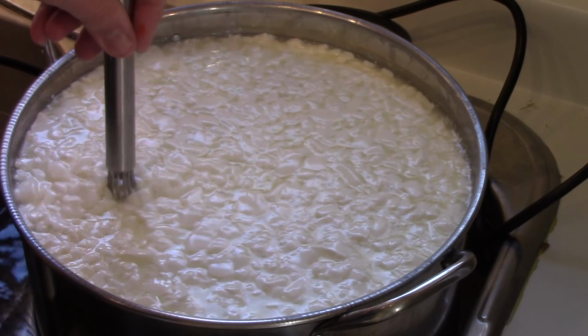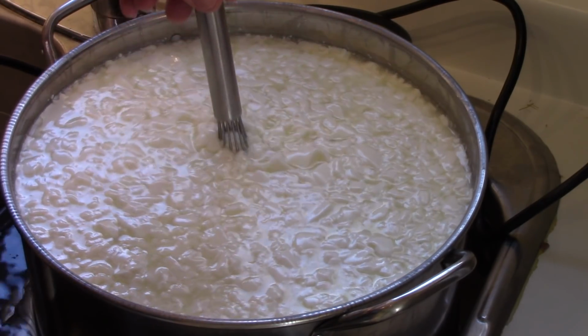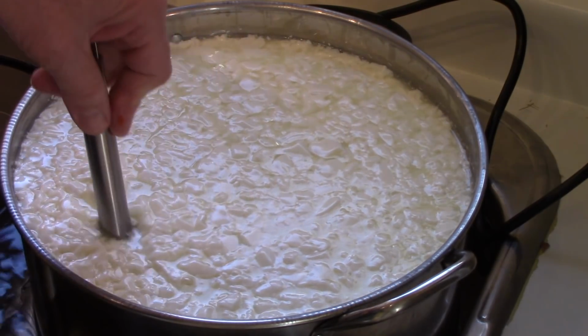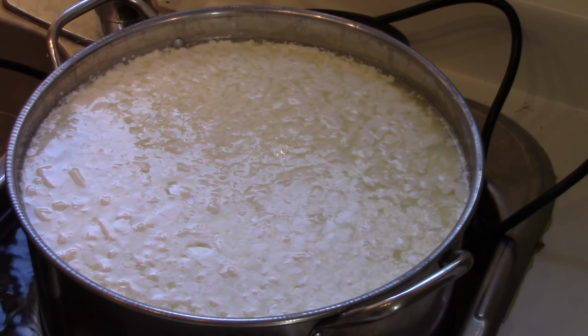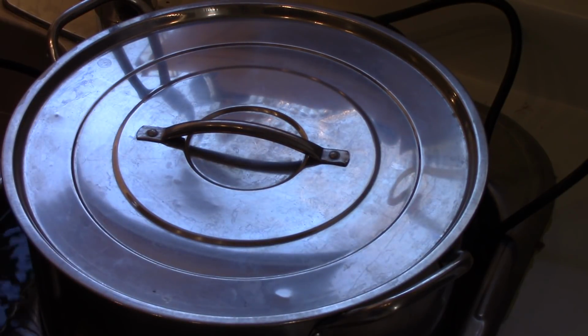But the temperatures are different. And this is going to be next. It's going to be raised to an even higher temperature. I'll bring you back once I've hit bottom here. I finished cutting the curd, and now it is allowed to rest and settle for 5 minutes, maintaining the